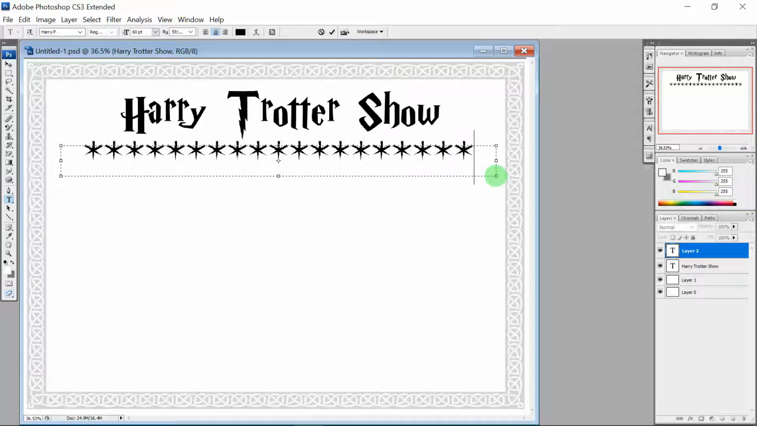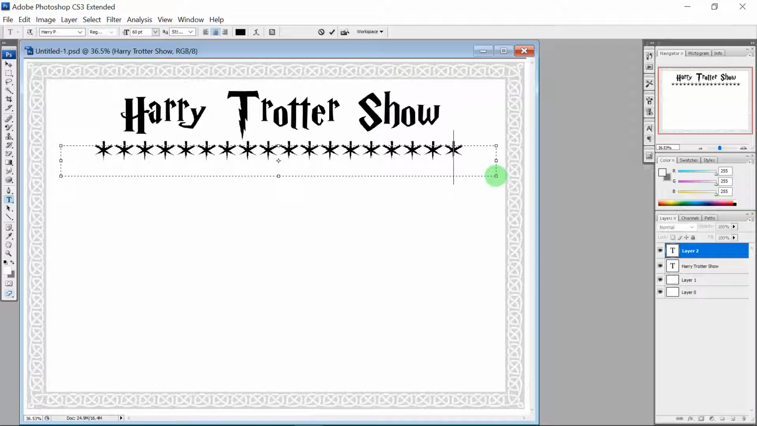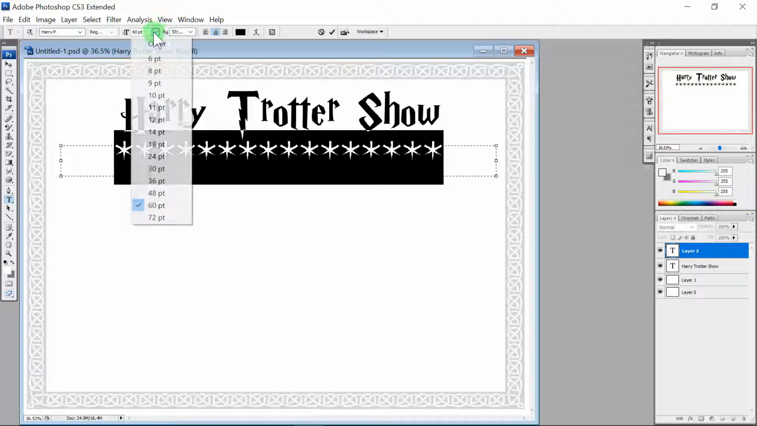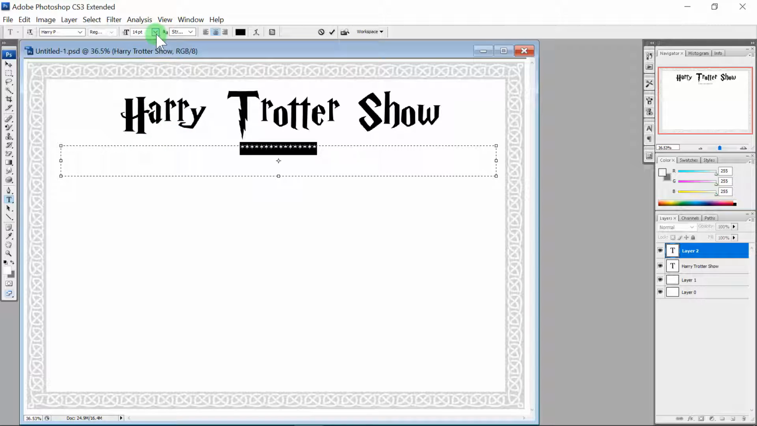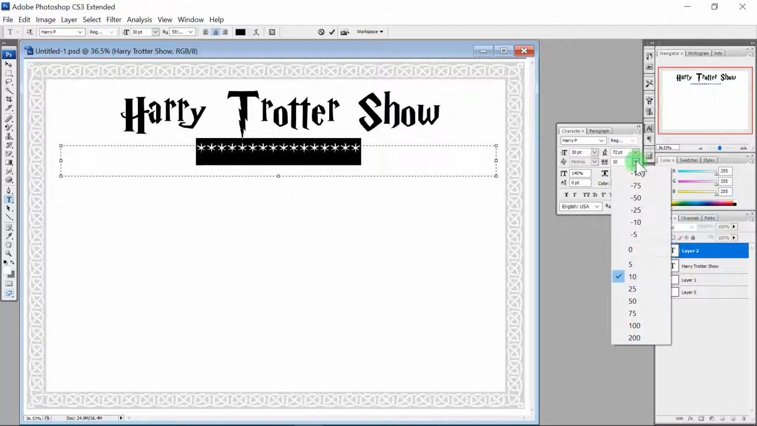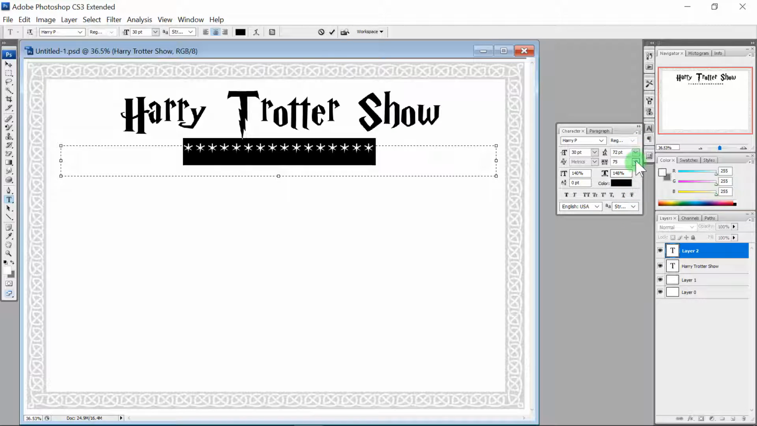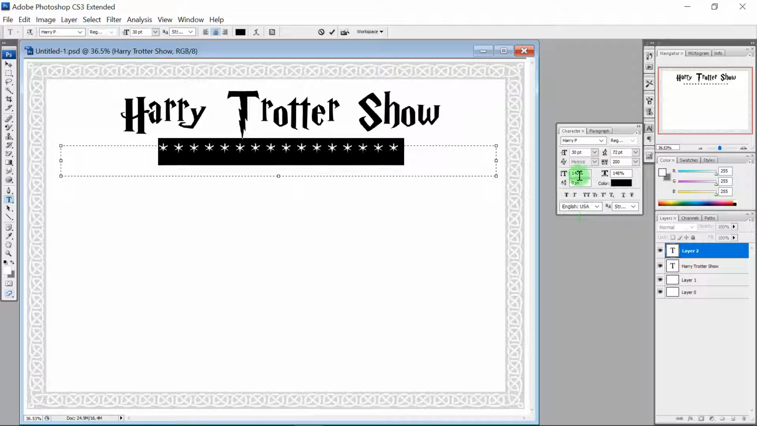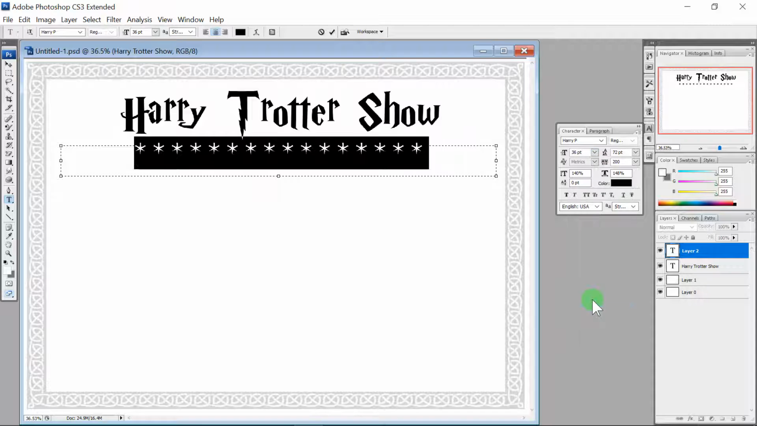I'm going to put some asterisks in just to put it underneath the wording. So you can resize it. I like to play around with things, see what scale looks the best. Once you've manipulated it and you're happy with it, which I think I am now,